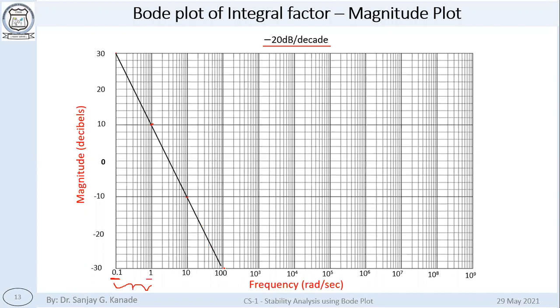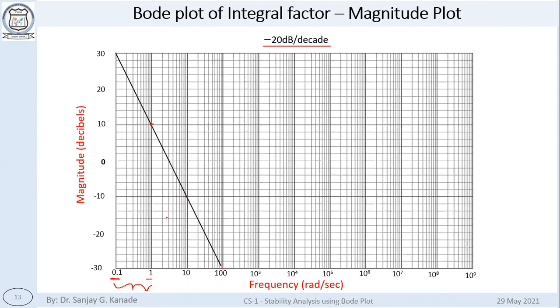Now remember, this line can be anywhere, right? Theoretically, this line can be anywhere. You should be able to draw this line or similar kinds of lines of these slopes at any location in the plane. At any location, I'm saying, right? Why I'm saying so? Because your lines are not going to start at certain points. They may start from somewhere in between. They may start from some intermediate points, and you should be able to work out on those points also.